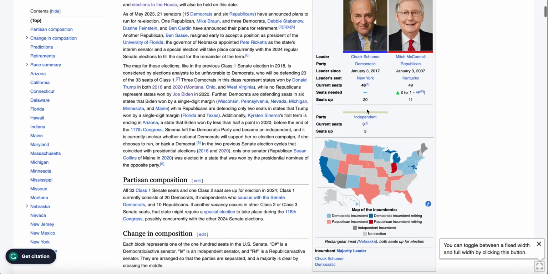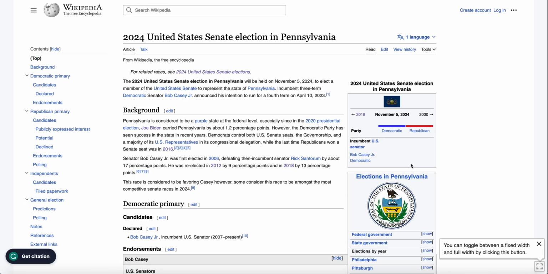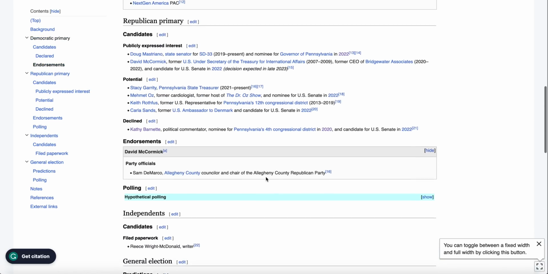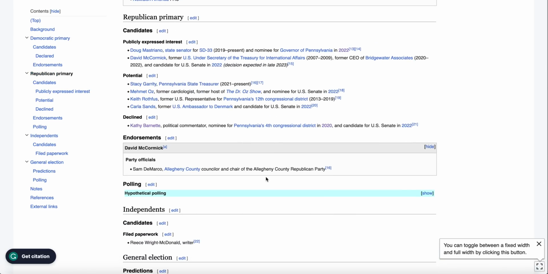He's a pretty popular incumbent, and based off the current selection of candidates that might be able to run on the Republican side, I'm not super impressed. Dave McCormick couldn't make it through the primary against Dr. Oz. Yes, he might be strong. However, I don't think he's going to be this super inspirational candidate. He was just better by comparison. When you put him up against Dr. Oz, obviously he was going to look like the most electable candidate in the room, but quite frankly, he isn't.